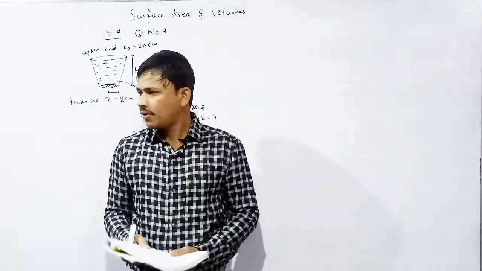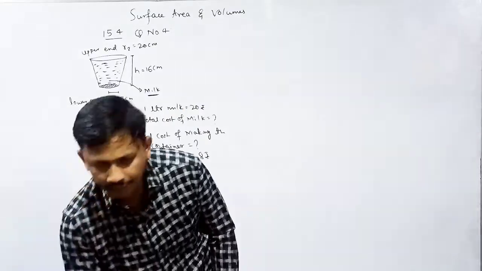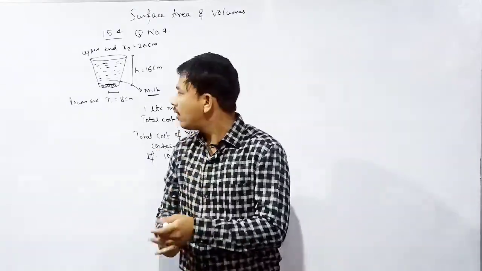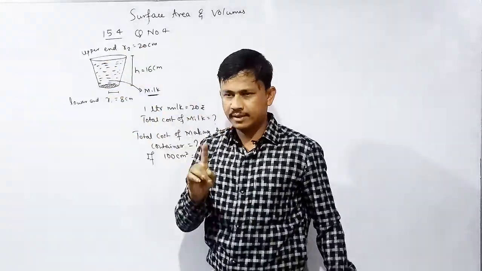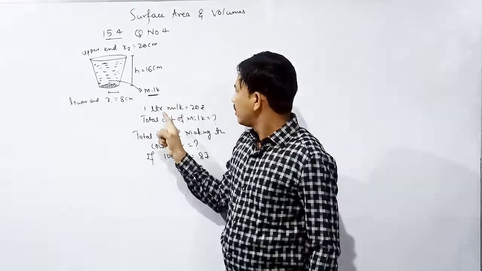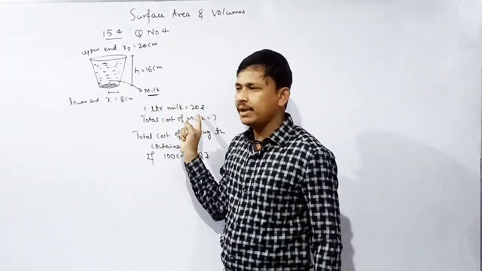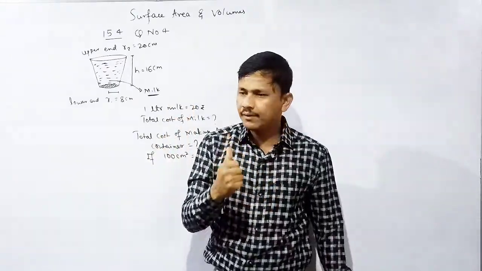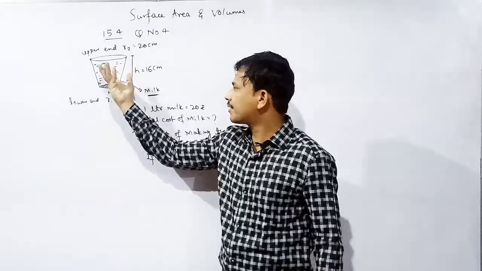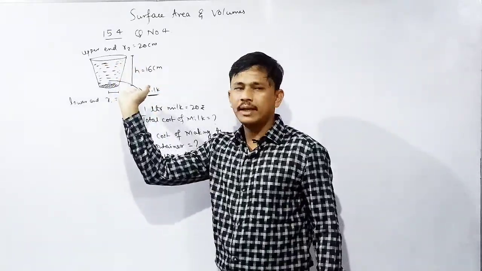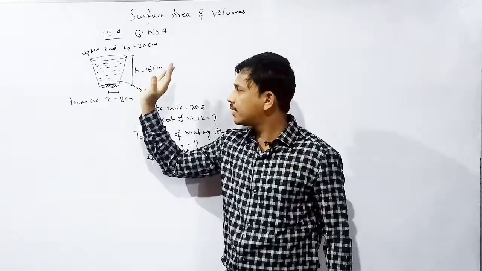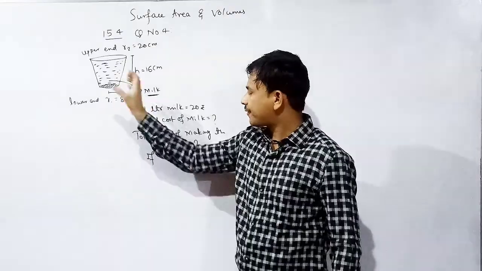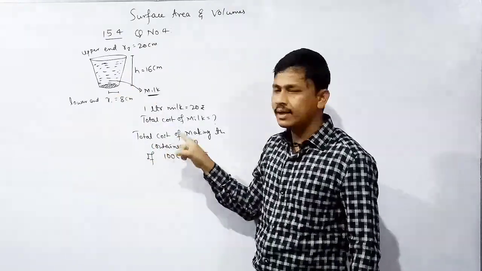This is the question. What all we need to find out? We need to find out the volume of the container. First of all, volume of the container, number 1. Then 1 liter is equal to 20 rupees. Then the volume of the milk is equal to how many rupees? Then we need to find out the curved surface area plus the area of base circle. Then after that we need to find out the total cost of making the container.